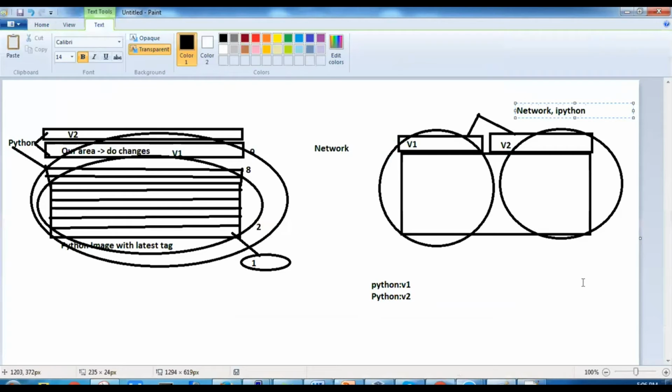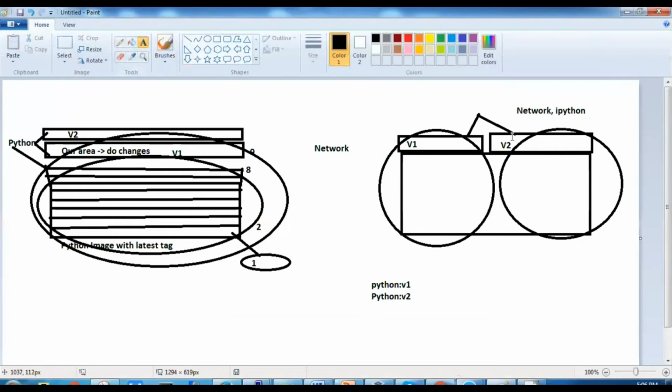So these two packages will be there. That's the reason we are saying that V2 is a 10th layer. It uses 8 layers, plus it also uses the 9th layer, because we have used this image to create a container, and on top of that we made a modification and committed it. It's not completely using only 8 layers. It uses 8 plus 1, 9, and its own IPython, 10. So if you want to use version 2, you will get all 10 layers.